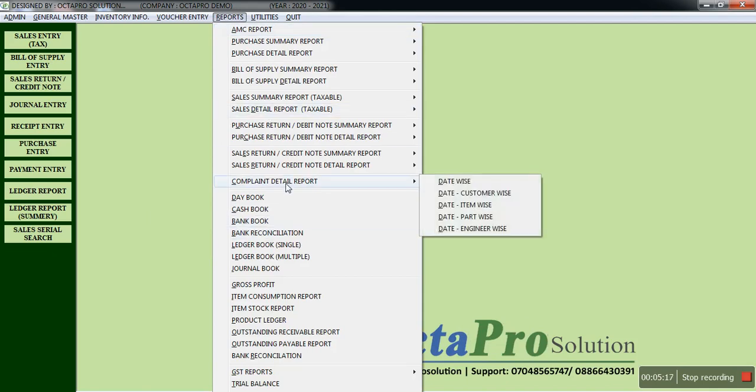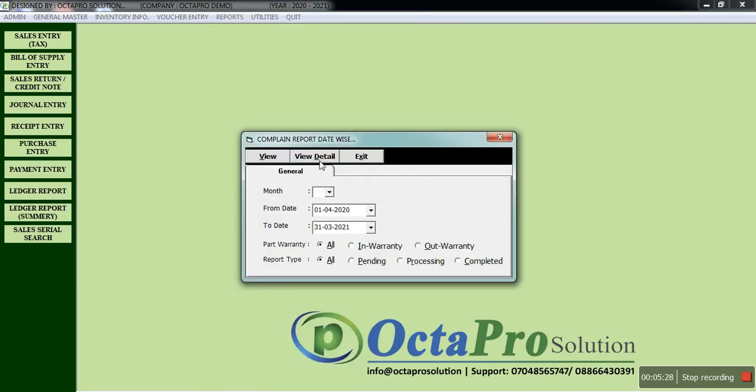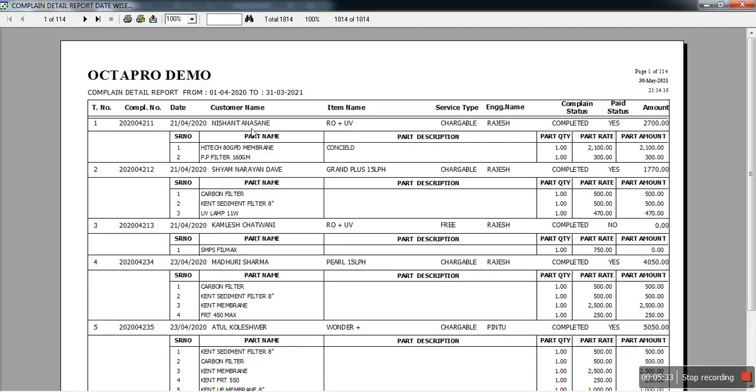Suppose you want to check the service history of a customer, then you can go for the complaint report customer-wise, or select date-wise for checking multiple customers. If you click on a detailed report, you will get all the details of the customer's complaint history, like the date of the complaint, customer name, the product for which the complaint was raised, whether it is completed or in processing, who the engineer was, and whether we have got the amount or not.